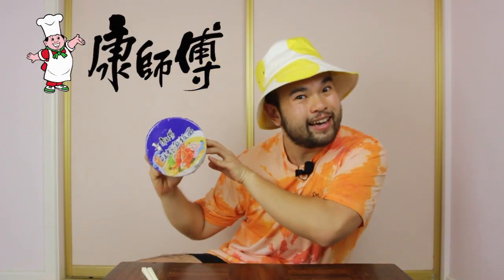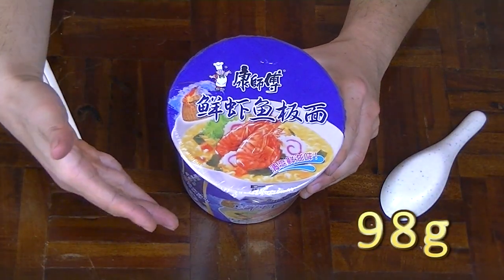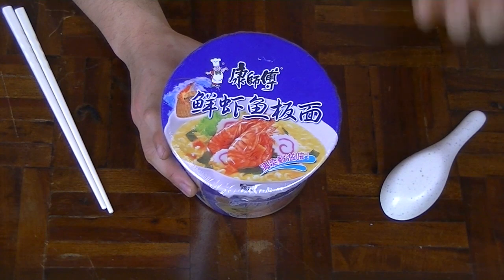Ha! I'm the Noodle Hunter, and I've got something from the lands of China. Seafood flavored instant noodles by the company Master Kang. Weighing in at 98 grams of dry weight and a caloric content of approximately 500,